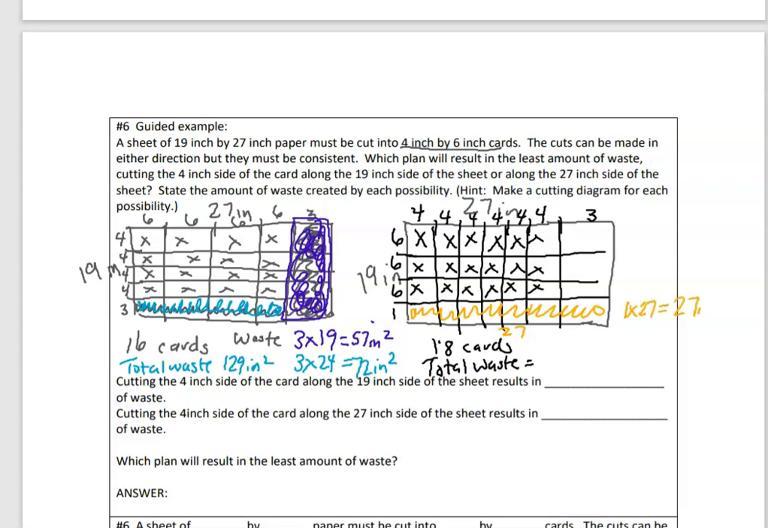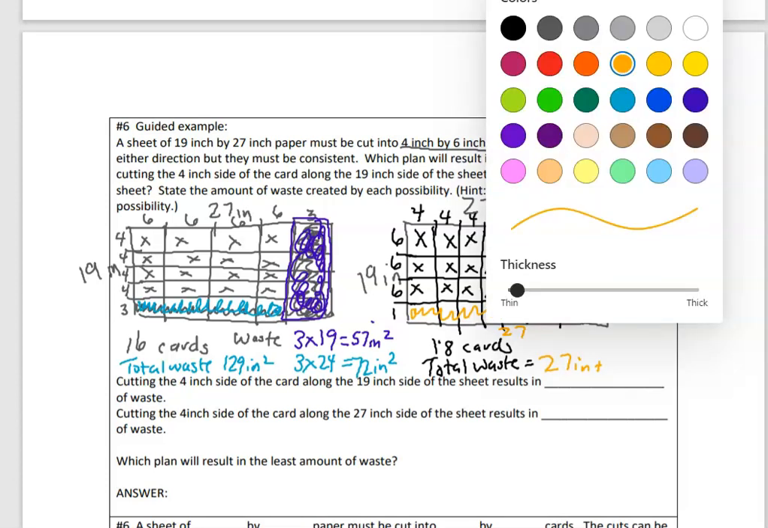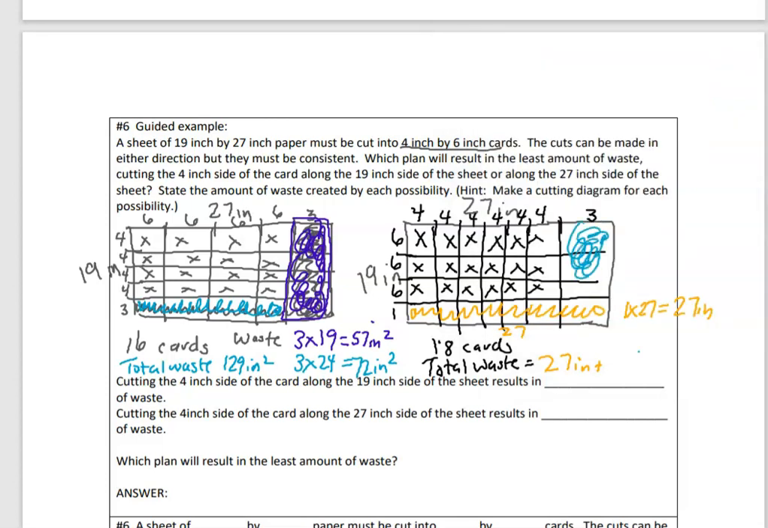That's going to get me 27 inches. So I have a waste of 27 inches plus this other part, this little section right in here, which looks like it is 3 by 18 because we've got 6, 6, and 6, so 3 by 18. And 3 times 18 is 54. Okay, and so when we add 54 inches and 27 inches, I'm going to come up with 81 inches